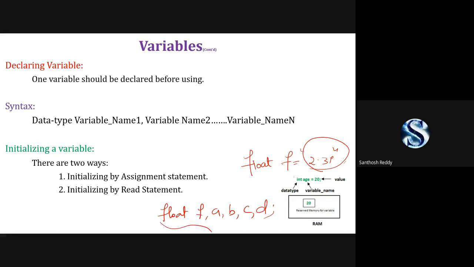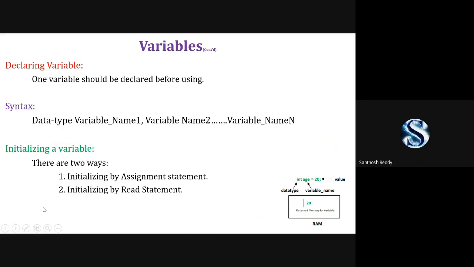Like this also we can store. Here only I'll write float a, b, c, semicolon. Like this we can work on it.